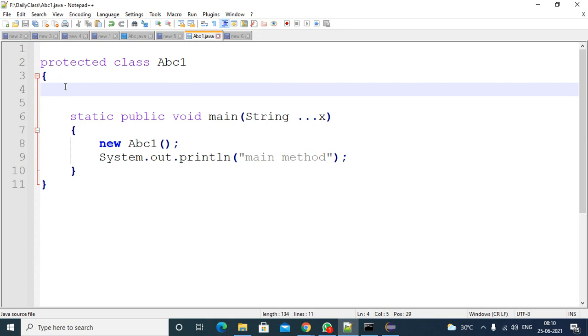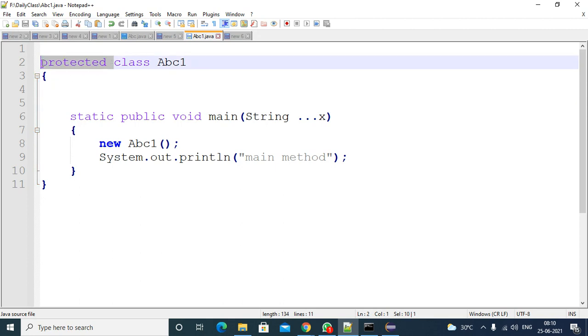So why? Because for outer level classes, you are not supposed to use private or protected access specifiers. This is the outer class. Outer class means this is a class. If you are writing one more class inside, then that is called an inner class. In that case, this is the outer class.